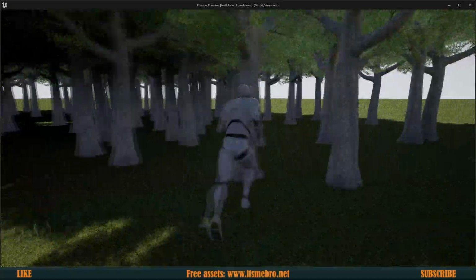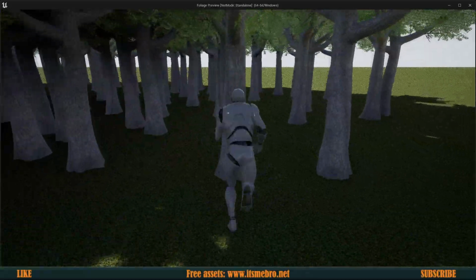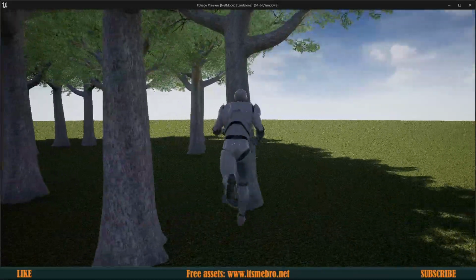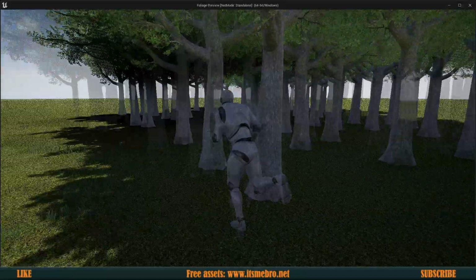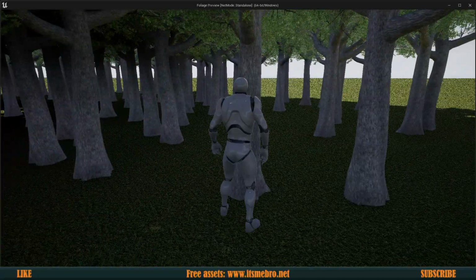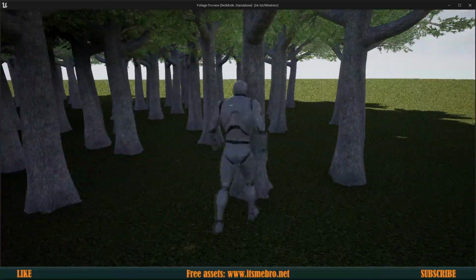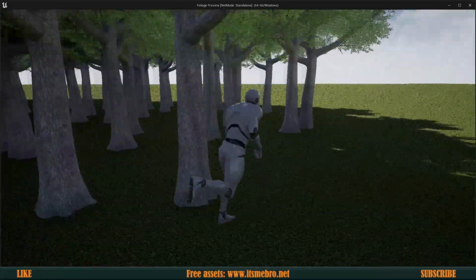Now with the trees, we can walk through those, but if we interact with it, we can no longer walk through this because these instances are getting replaced with an actor. Now, here is a small downside to this. At this point, the instances of the foliage are removed, but these are actors,